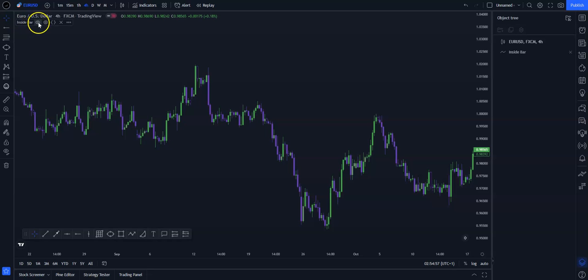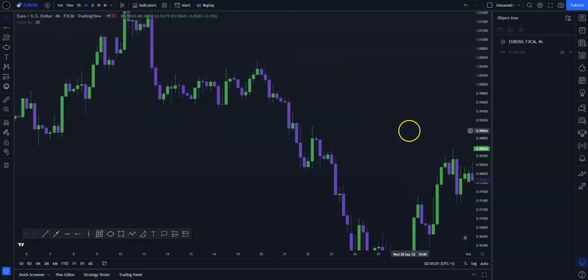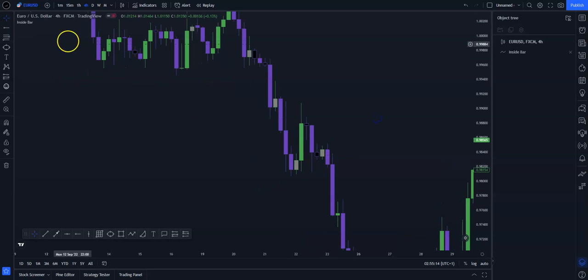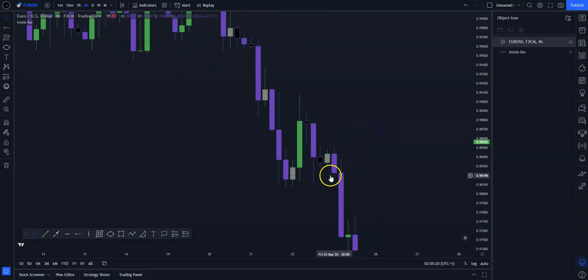Turn the eye off. Keep your eyes on these two candles here. Turn it on. See how the bodies have been filled, like black and white there? That's because it's letting us know that these are inside bars. And what an inside bar tells us is, from this on a 4 hour here, within this 4 hours